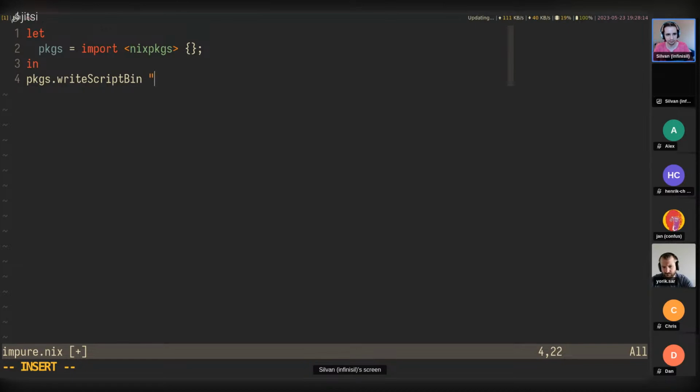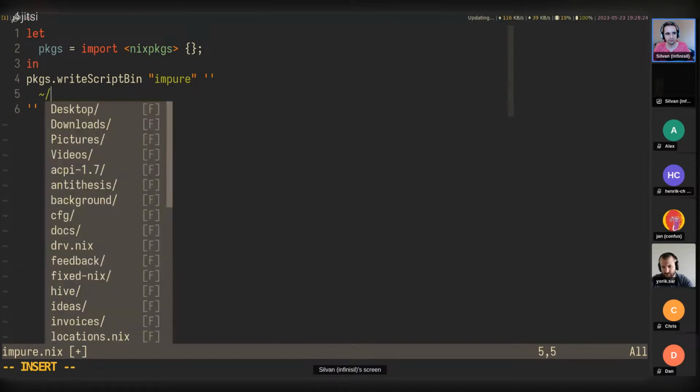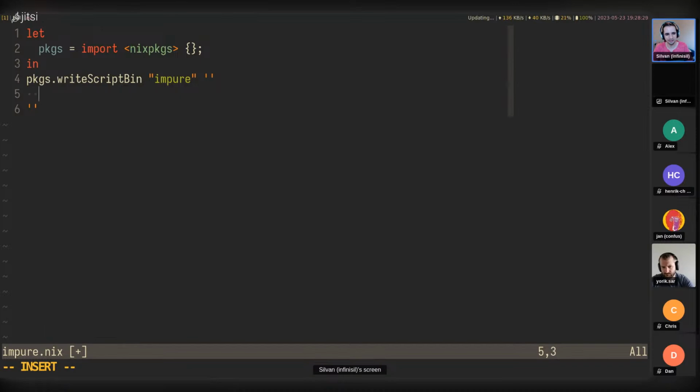And in here, I'm going to go into my home directory, or actually let's do this, which nix. Okay, points to this. So I'm pointing the resulting script to just my home path.